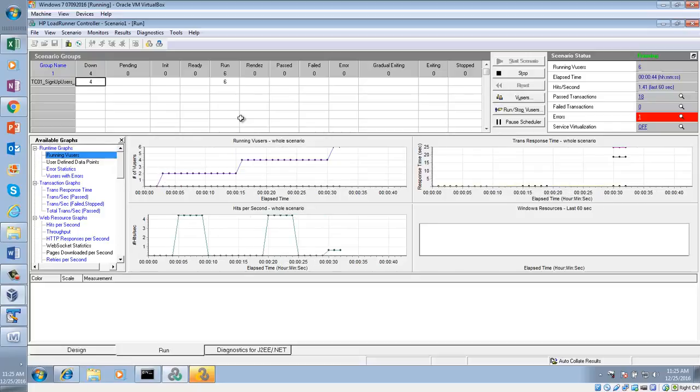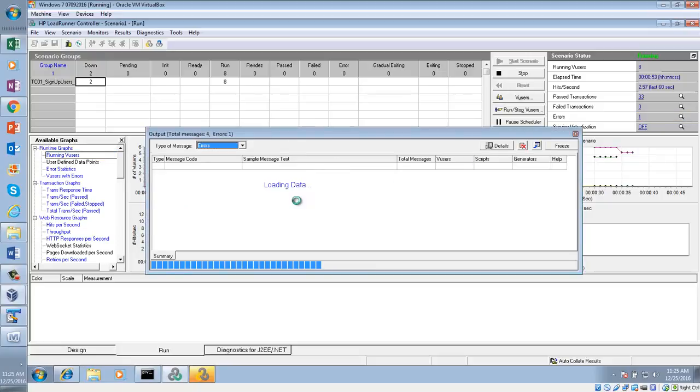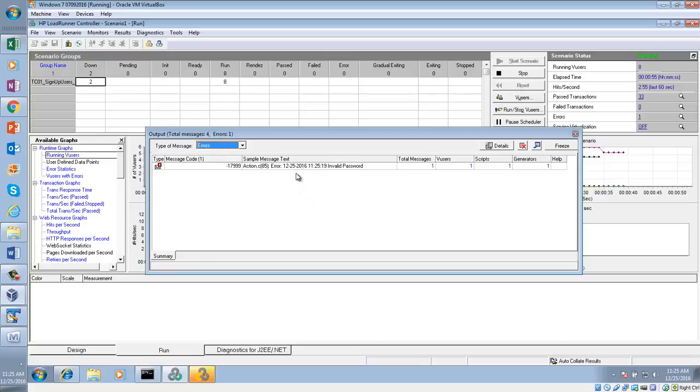Can you see one error here? Now if I go there, let me see what is that error message. Right? Can you see invalid password? What is that error message? Can you see, everyone? Yeah, the invalid password. We want to see that error message, right? Is it understandable? Yeah. One of our 249 was empty, exactly. So that's why we are seeing that error message.